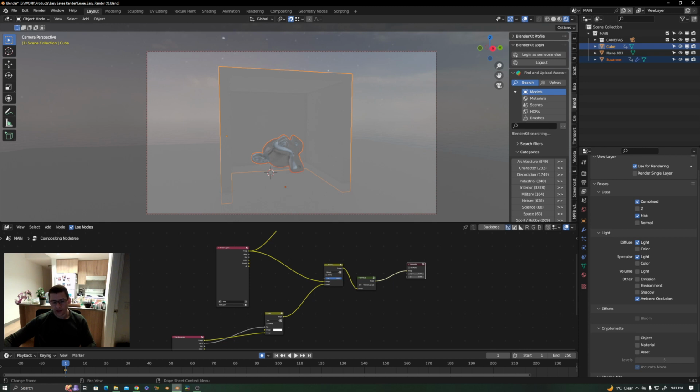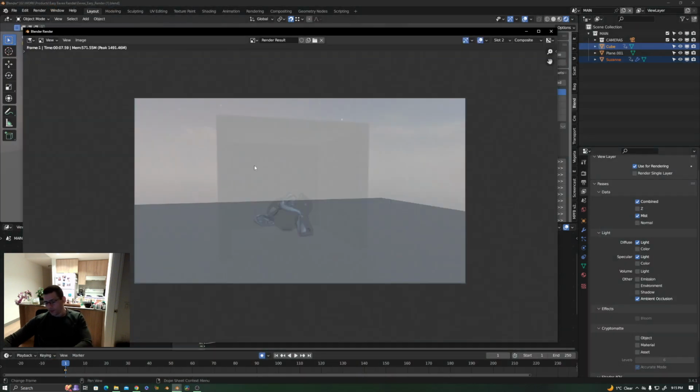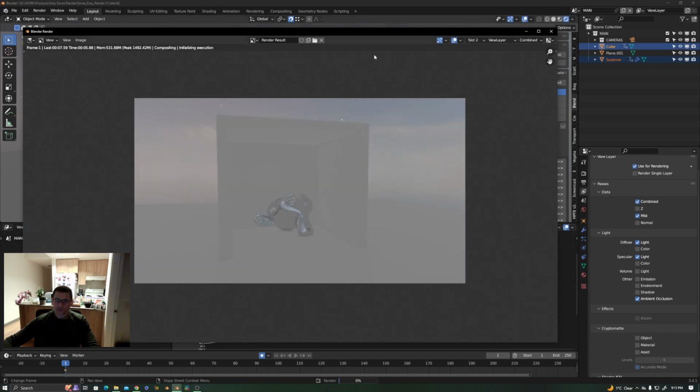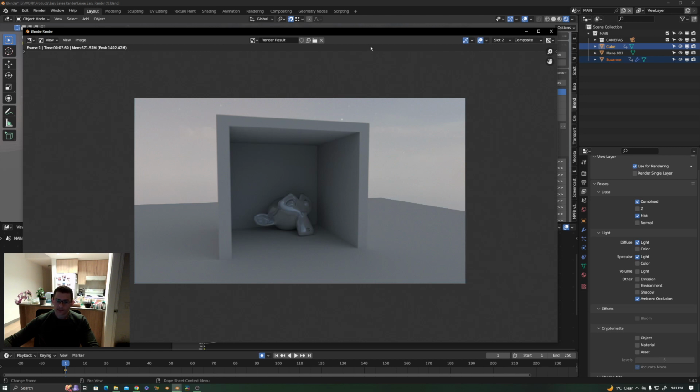Now let's hit render again and see how the results go. Okay, so first, huge difference. You can see that, okay? The first render takes 1 second to render. This render takes 7 seconds to render. Why? Because it's taking the ray tracing from Cycles, okay? However,